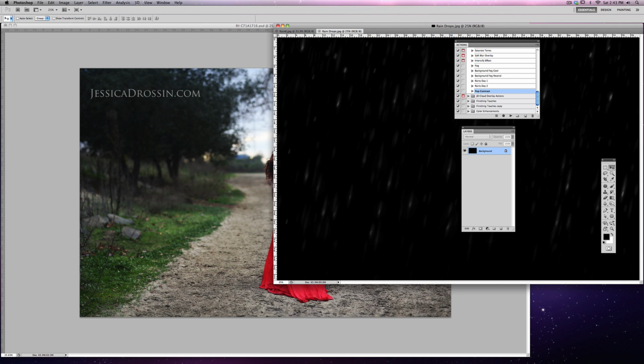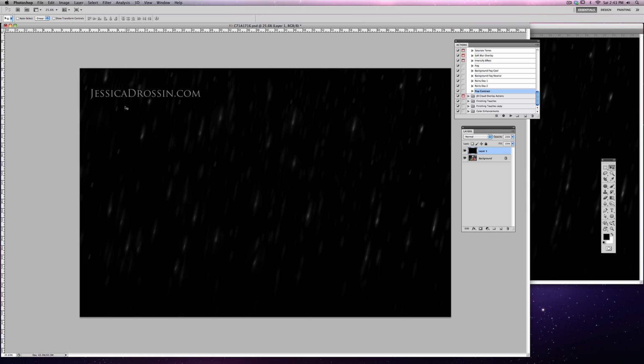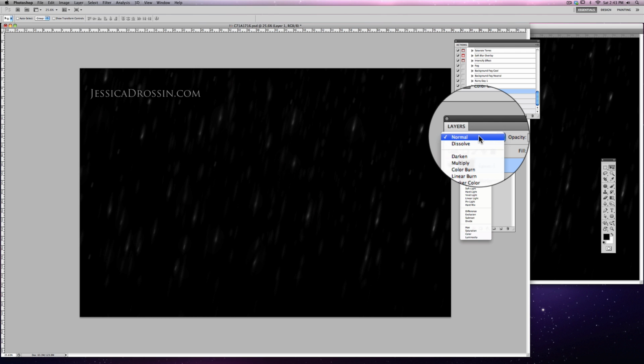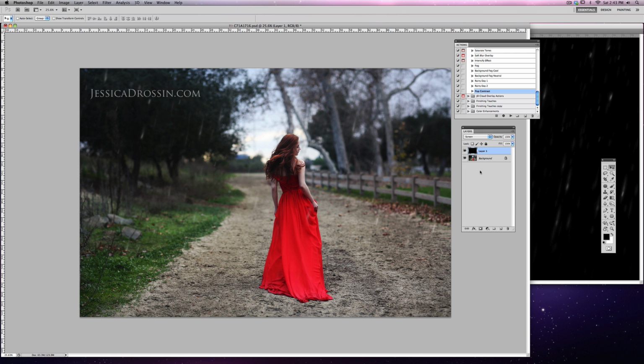There we go. Now, anytime that you see an overlay that has a black background that is primarily very dark, as this one is, what you're going to do is when you bring it into your image, and here I'm going to bring it in, and I'm going to make sure that it's flush edge to edge, you're going to take these very dark images and instead of having them in normal mode, you're going to put them into screen mode. Now you can see just the raindrops, but you don't see anything else, and it doesn't affect the color space